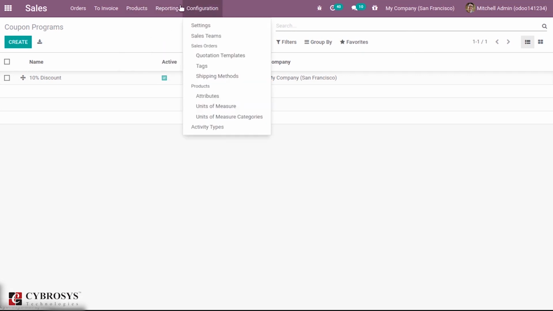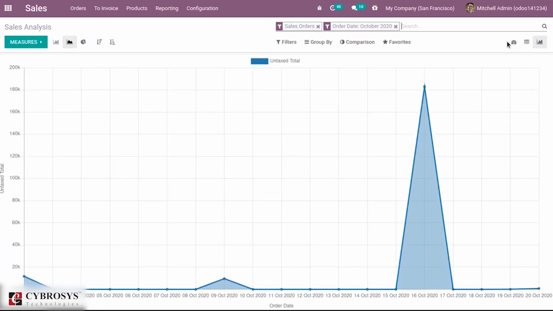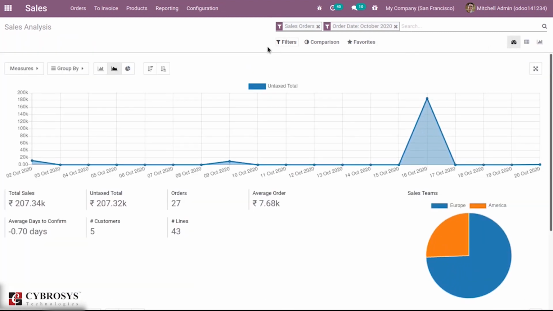Then reporting. In reporting we have sales analysis. So you can see we have a dashboard view, pivot view and graph view for our sales analysis, which can be filtered according to quotation, sale orders, order date, and we can compare. This one is a new option in Odoo 14, to compare by previous period and previous year.